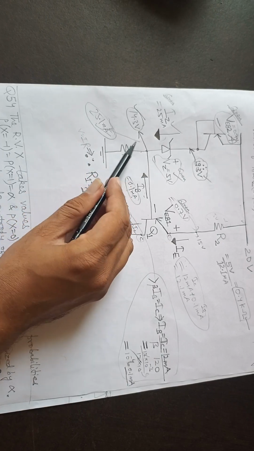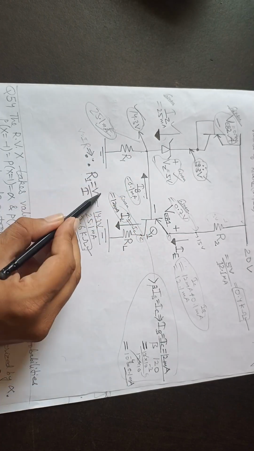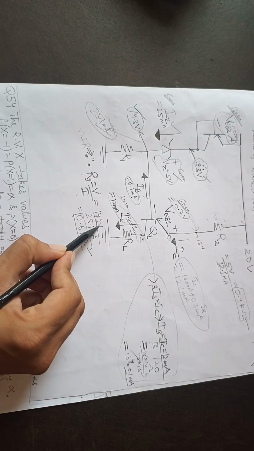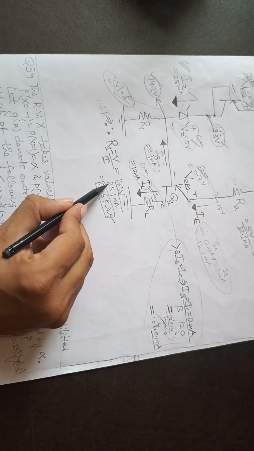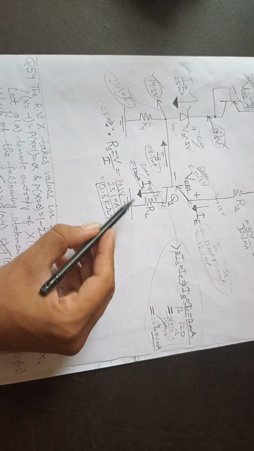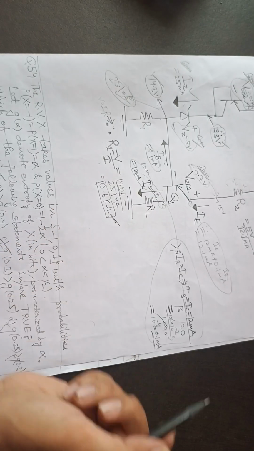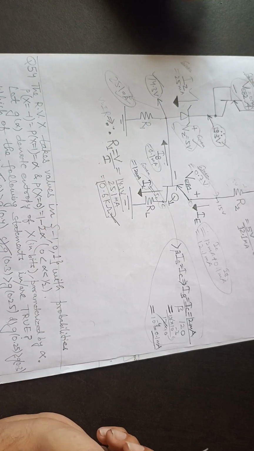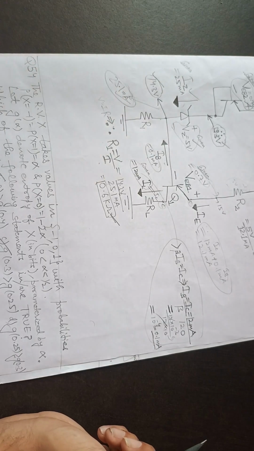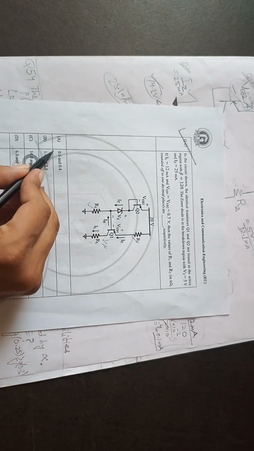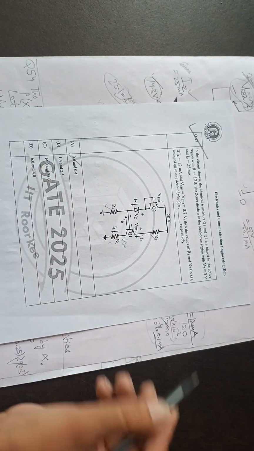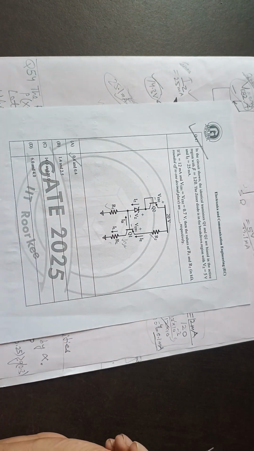So this voltage is known, this current is known, so R1 is basically V1 upon I. V1 is 14.3 volt, and what is I1? It is 25.1 milliampere. When we divide it, we get the value of R1 as 0.6 kilo ohm, which is only in option 1. Only in option 1 it is 0.6, in all others it is not, so there is no need to find R2,